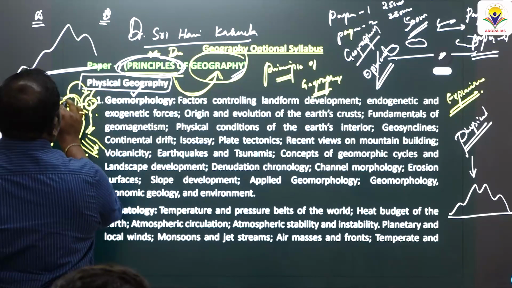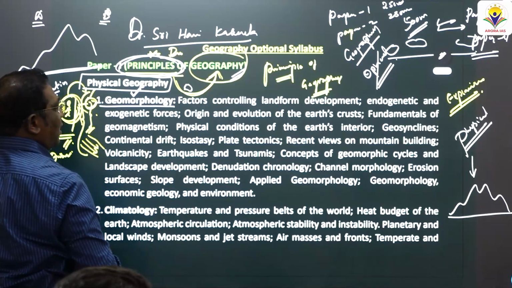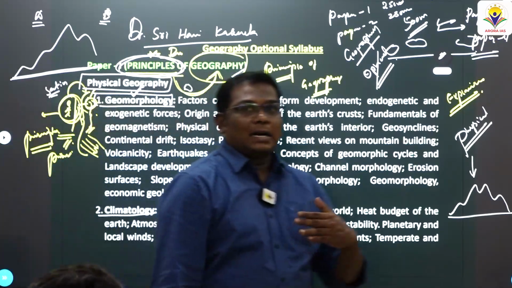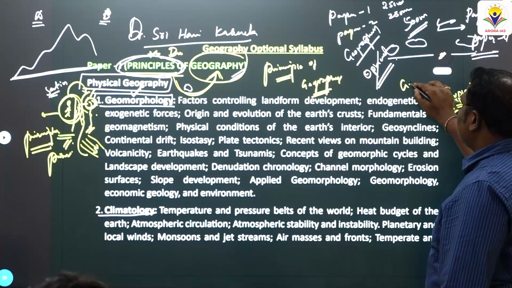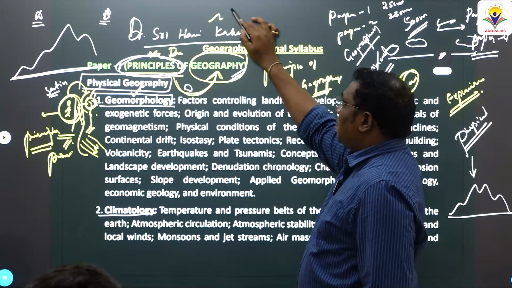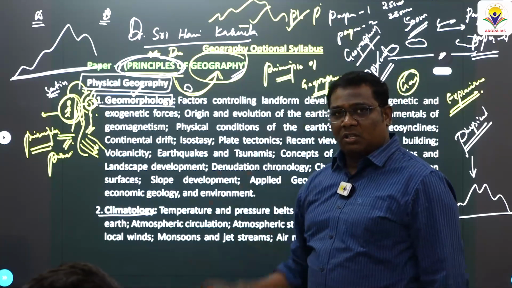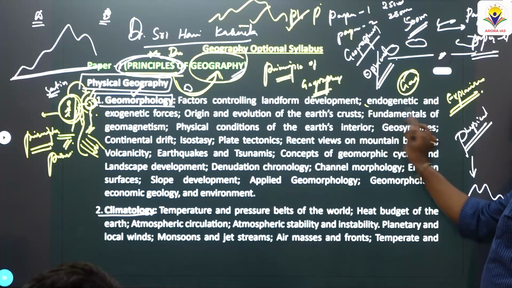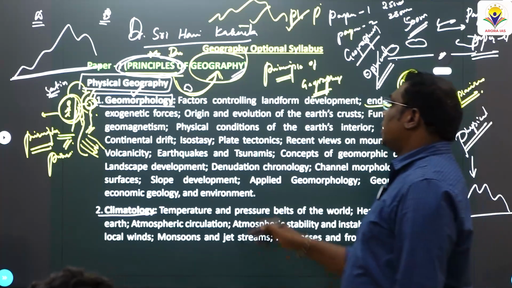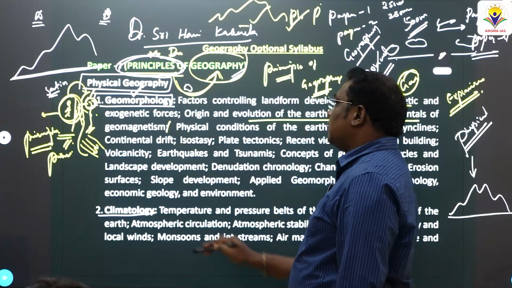Section A, physical geography, has been further divided into geomorphology and climatology. In geomorphology, Unit 1, you will study land. Morpho means structure, geo means earth, so earth structures. What are the structures present over the surface of the earth? Mountains, plateaus, plains: how mountains have been formed, how plateaus have been formed, how plains have been formed, what the endogenic and exogenic forces are, what forces are causing this kind of landform formation, the origin and evolution of the earth's crust when it was formed, and fundamentals of geomagnetism,